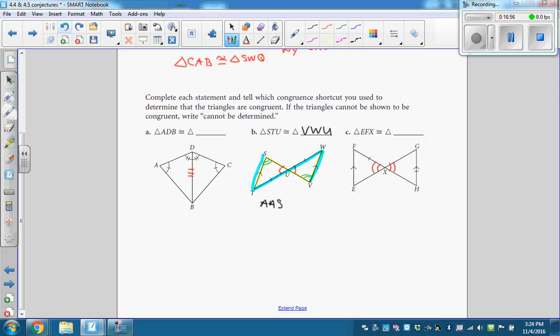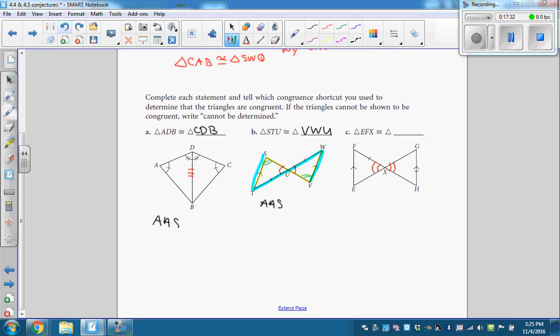Okay. Thumbs up or thumbs down on the middle problem? Next. Tell me what your question is. This is ADB. ADB is congruent to what? Well, AD and DC are congruent, so CDB. And the reason is